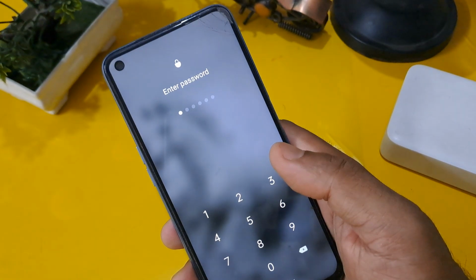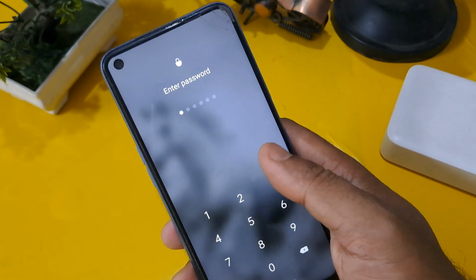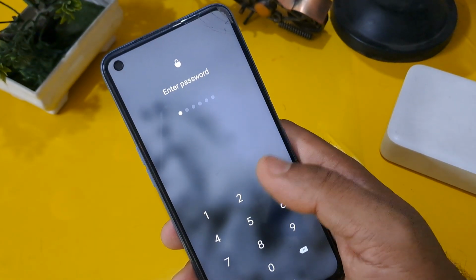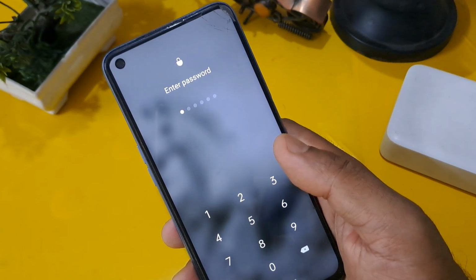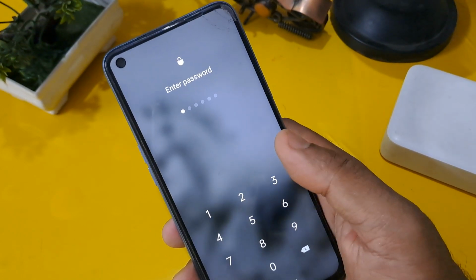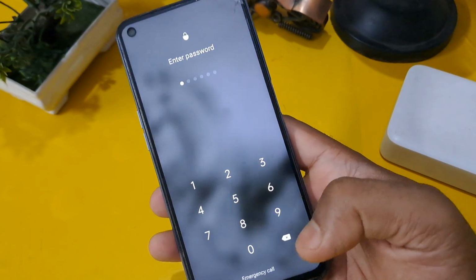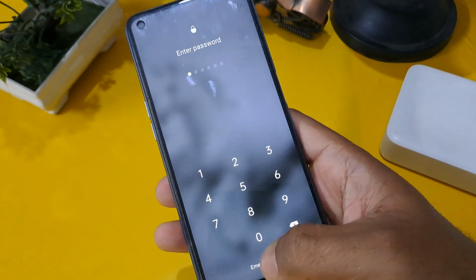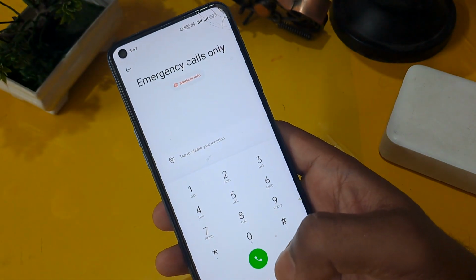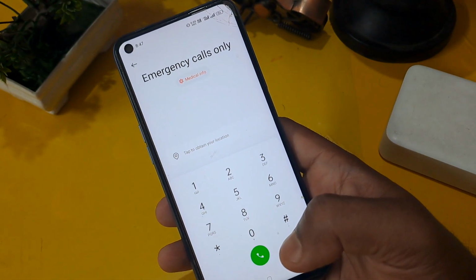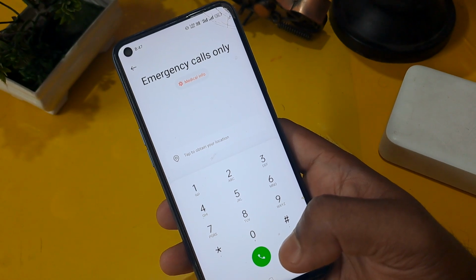So you just have to follow some simple steps with me, and watch this video continuously without skipping, then you will be able to understand this process very well. This method is called the offline method. As you can see, the emergency calls option is given here, so you just have to click on it, and we have already clicked. So now the